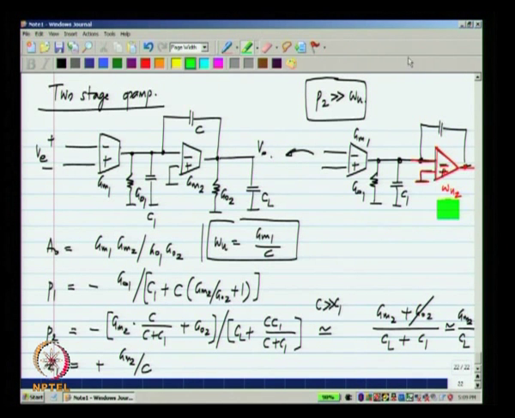Now, what is the frequency of interest? We can consider omega u itself to be the frequency of interest. What I mean by this is, we are trying to make an op amp with a unity gain frequency of omega u. So, this entire circuit should behave like an integrator up to a frequency of omega u. Now, the integrator itself is made by placing a capacitor around the second op amp, so that we form a current controlled voltage source.